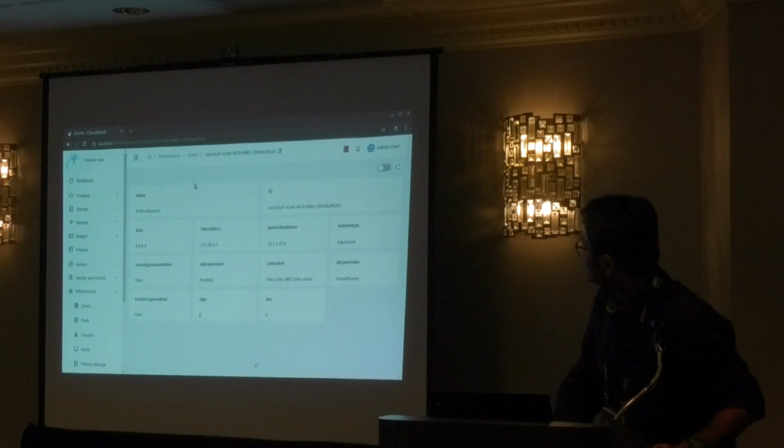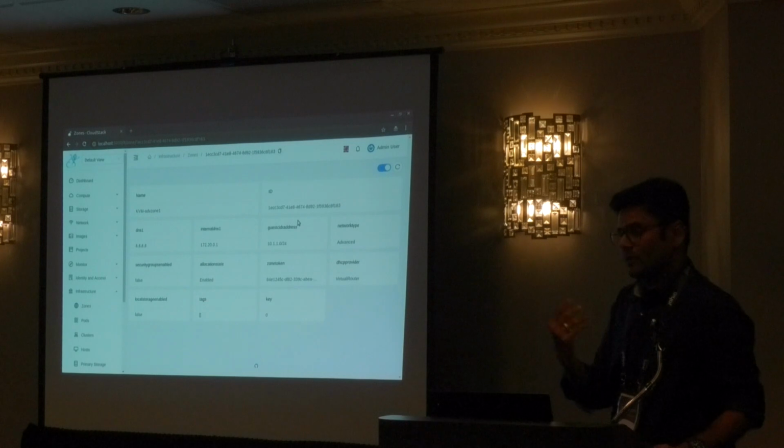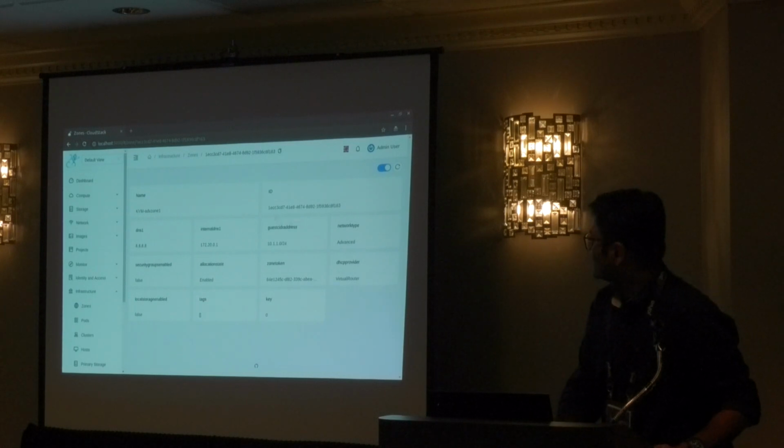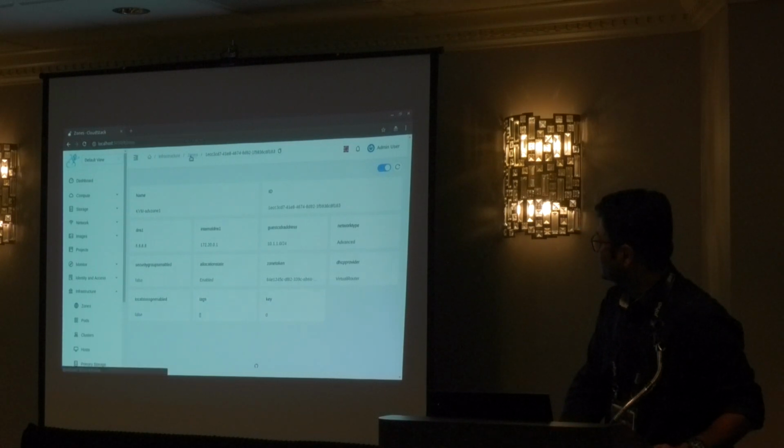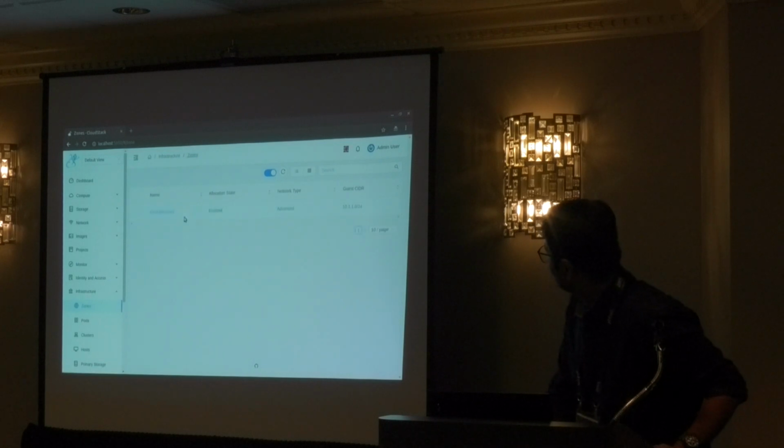Okay, one more thing that you'll see is that we have this refresh button, but we also have an auto refresh. What this will do is it will periodically fetch the new updates for this particular resource, and that sometimes becomes helpful. So, I don't think I have anything concrete to reflect here, but let's say I'm on the volume,